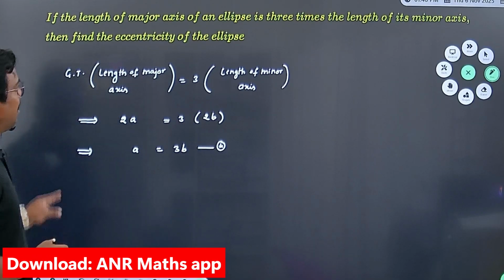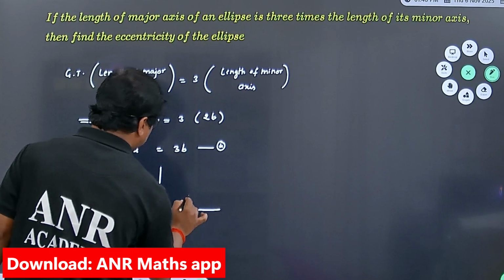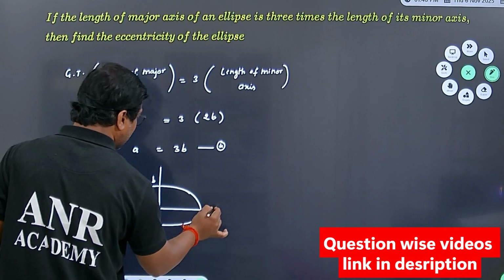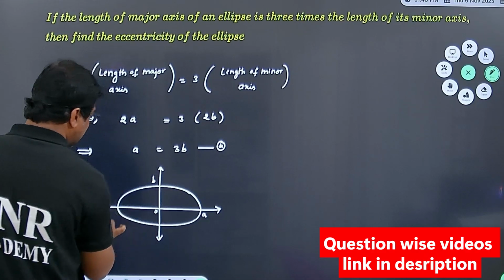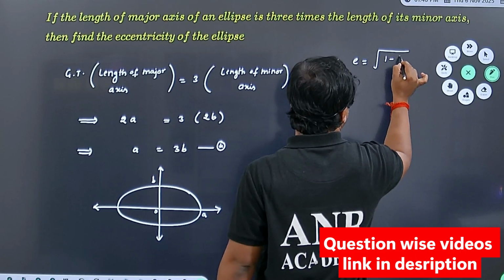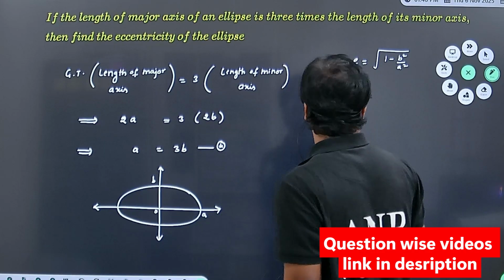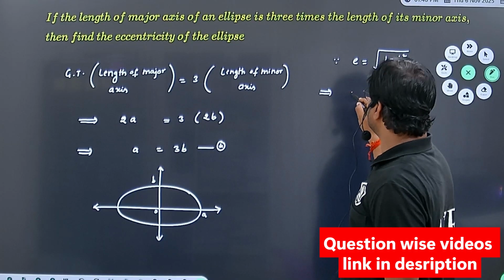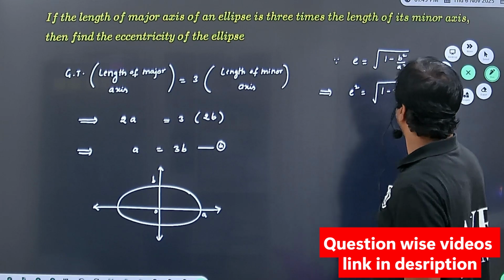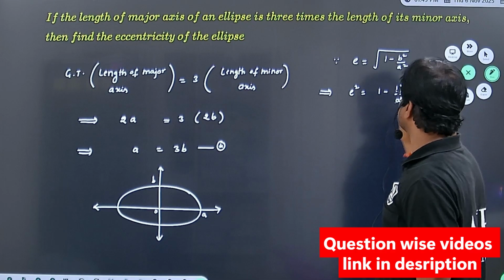Next, the eccentricity of the ellipse is required. Suppose the ellipse is in standard form, this is A and this is B with the origin, and you know that the eccentricity of an ellipse is e equal to root over 1 minus B square divided by A square. Here you can write e square as simply 1 minus B square divided by A square,